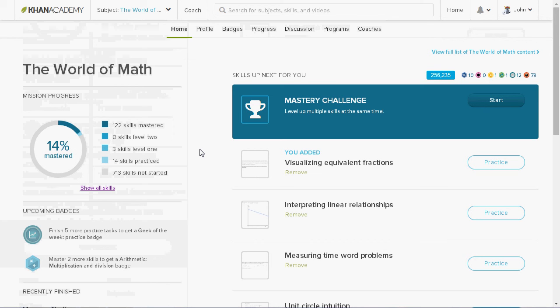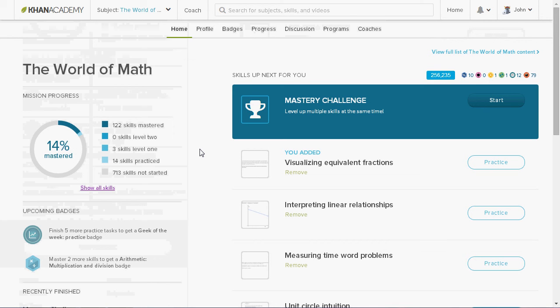Now the Earth badges are again even harder. I've got one of those, which is the workhorse, 50 unique skills, and there are plenty of others that I could get. A 10,000 year clock, which is watch part or any video or work on any skill for 100 consecutive days. I haven't done that, and I've been on here for quite some time now. But I check in now and again just to make sure that I'm doing stuff.